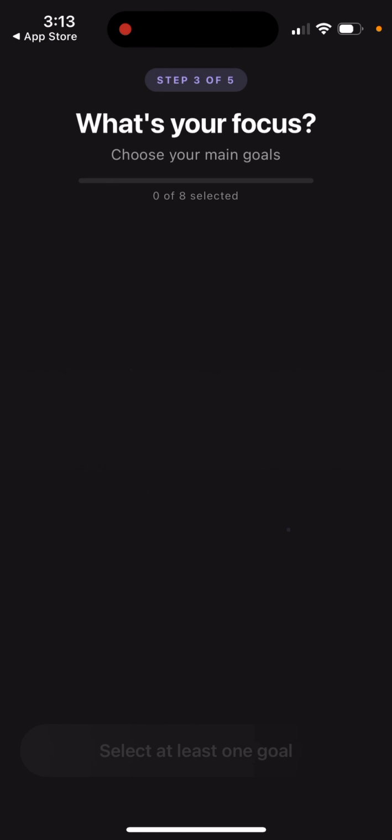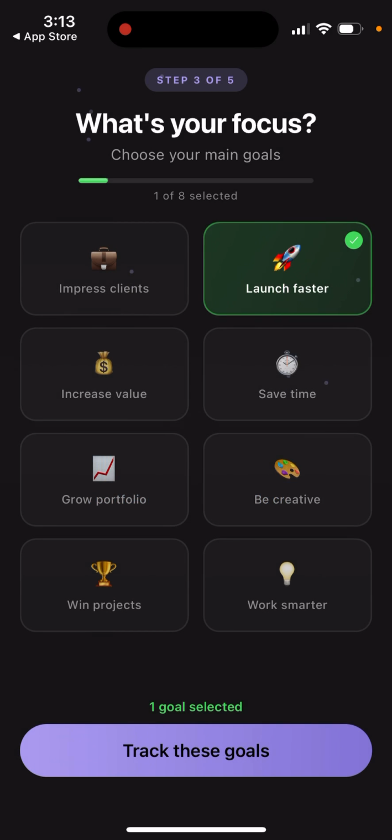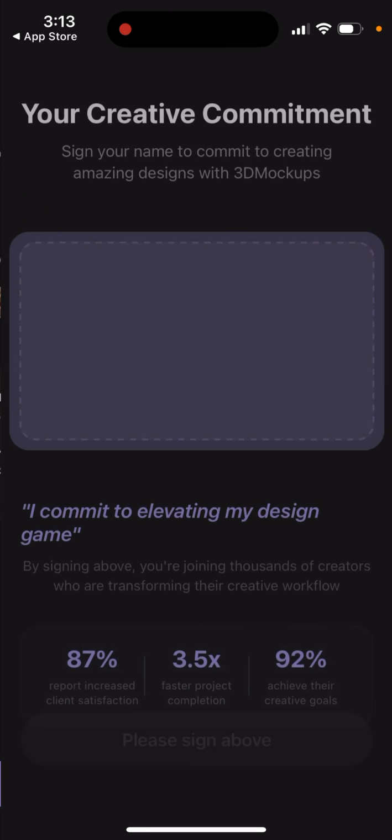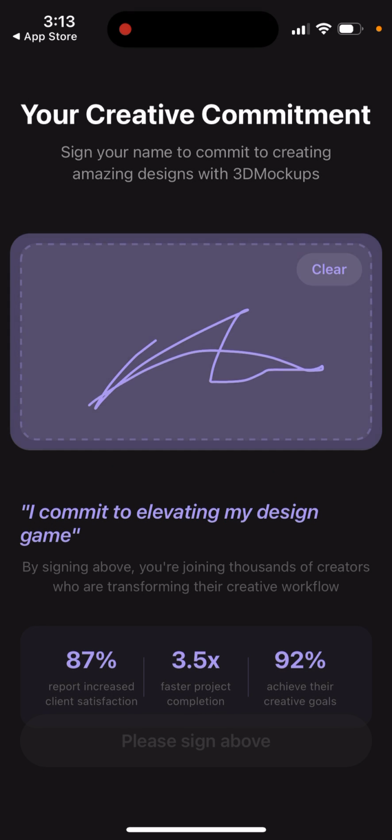Then a lot of onboarding. Again, onboarding. I actually don't like when they have really long onboardings. So it's kind of like a paywall. Probably they will offer now me to subscribe, but